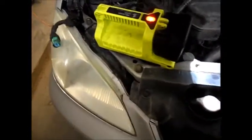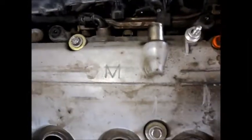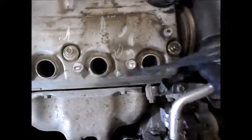And now this whole harness can be moved off to the side over here, like so. This can stay where it is. Just push it back out of the way. Don't undo any more plugs. Didn't have to even undo the injector plugs. Make sure you do them all back up. Okay, now we're ready to take off the